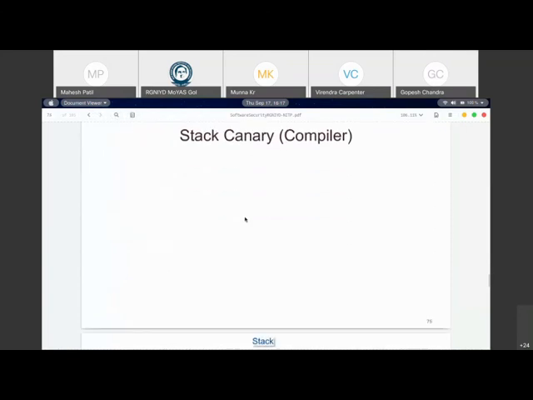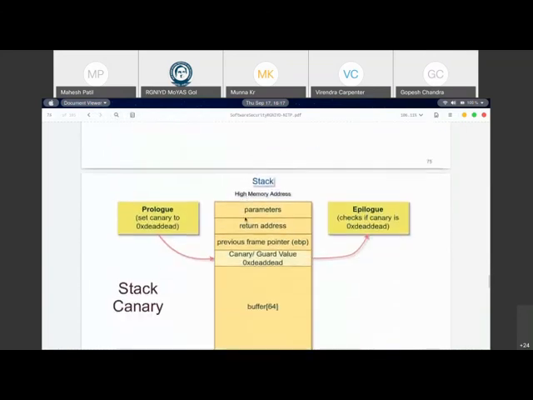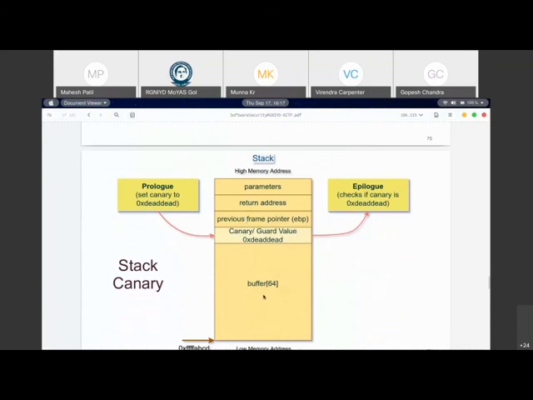In the same way, there is a concept called stack canary. If you see, what happened is we had this buffer, and this buffer was overwriting the return value. We overflow the buffer, write the return address, and that's how we are getting control over the program. Now there is this concept called function epilogue and prologue.